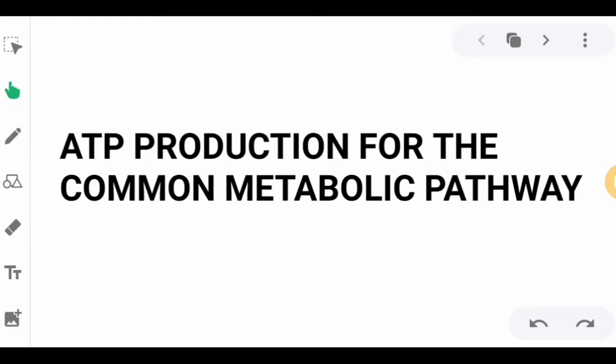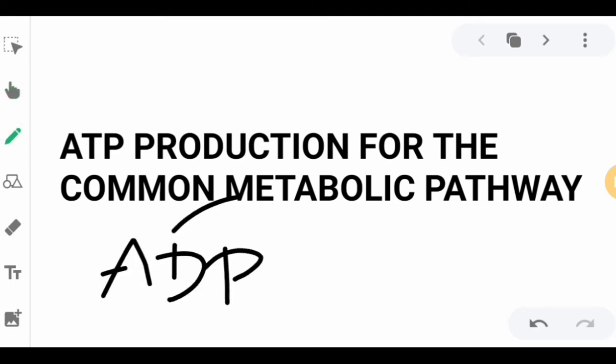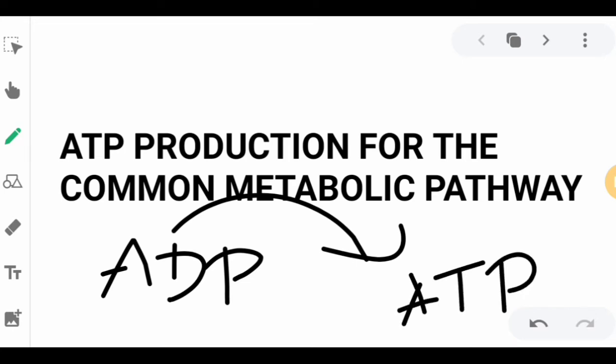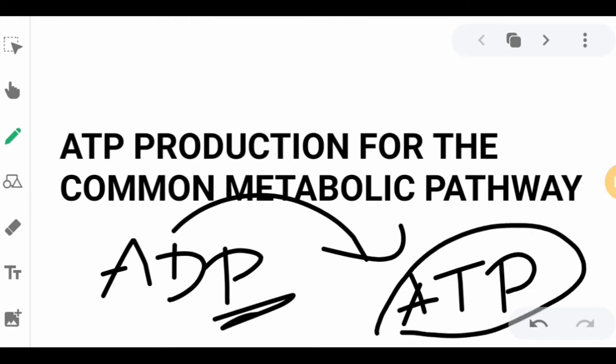oxidative phosphorylation process. In the electron transport chain video that you have watched, you have encountered the transition of ADP to ATP. This is what we call oxidative phosphorylation, the addition of the phosphate to produce the ATP, or the energy currency of the cell. For this video, we will be counting how many molecules of ATP are produced in